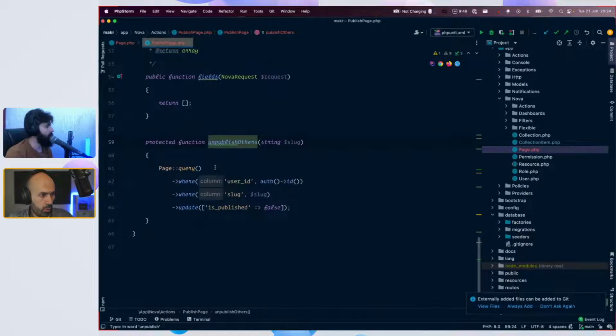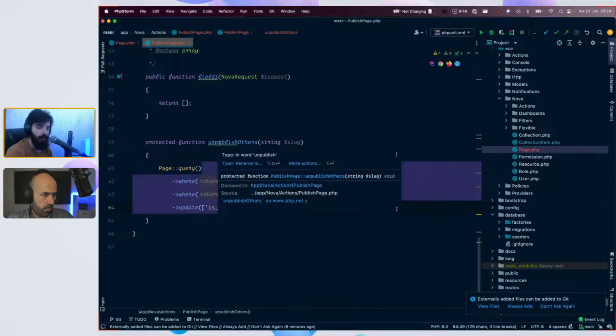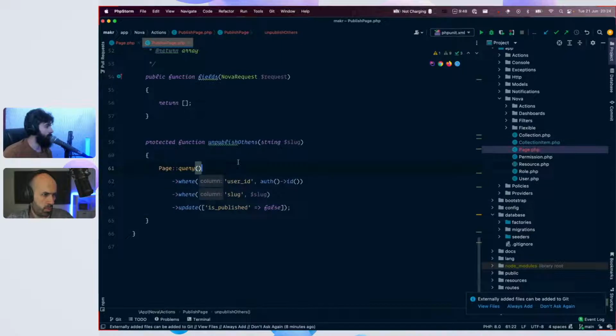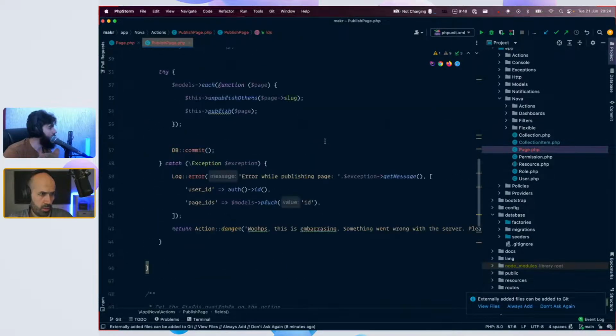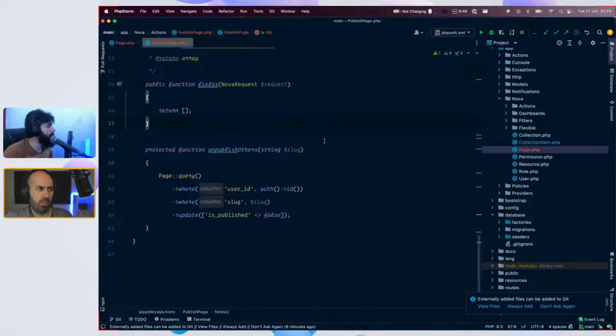So if all went well, we have already unpublished others. Yes, we just need to create the publish method. What's the typo? Not sure what the typo is, but I'll stick with it. I think it's not depublish or something, it's unpublish, right?